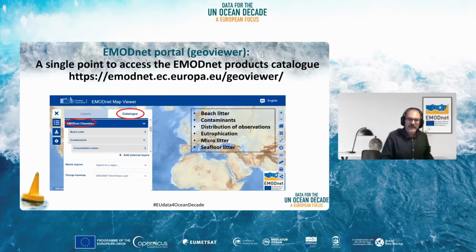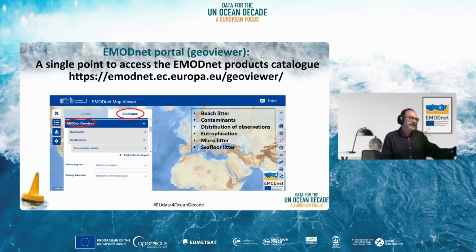One way of accessing all the EMODnet in situ data catalog is the EMODnet portal. It's a GeoViewer. You have the link here. I think it can be shared in the chat. It is a single point to access all the EMODnet products catalog for different domains, for different thematics.